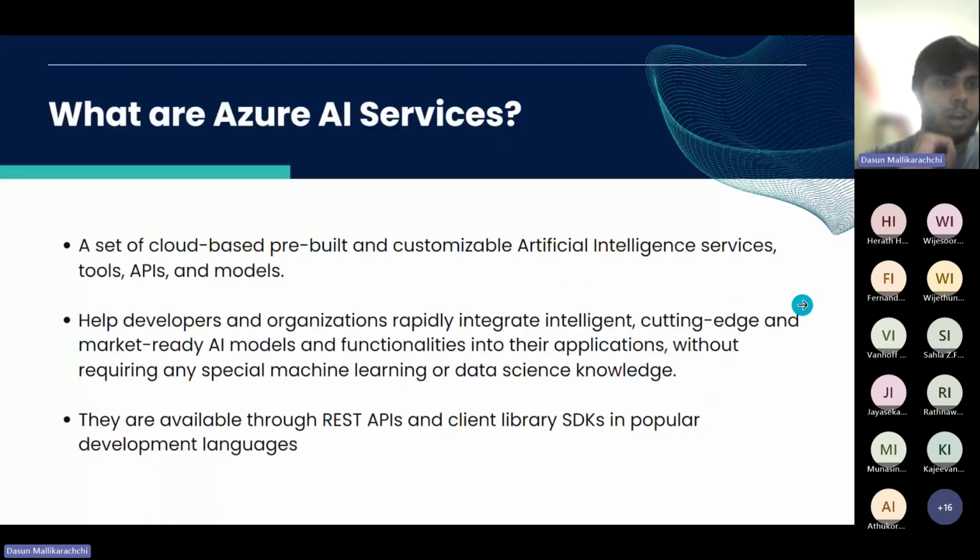All right. So to start off, let's talk a little bit about what Azure AI services are. To begin with, let's talk a little bit about what AI is specifically. So everyone who's joined in, I'm probably sure everyone knows what AI is. It's everywhere you look nowadays. Whether it's Instagram, social media, LinkedIn, news, websites, it's everywhere you look. It has become basically a buzzword,